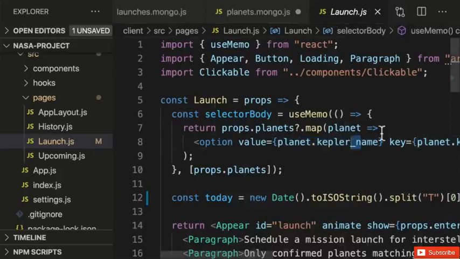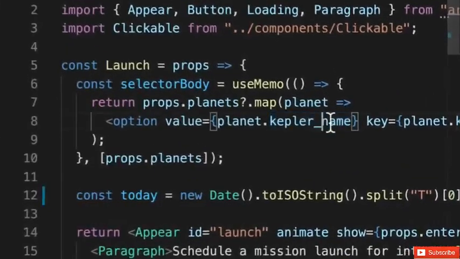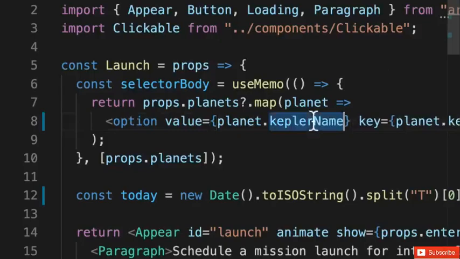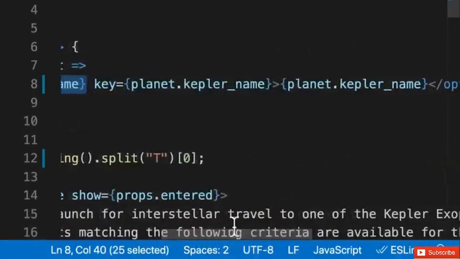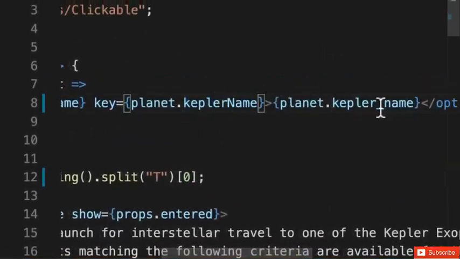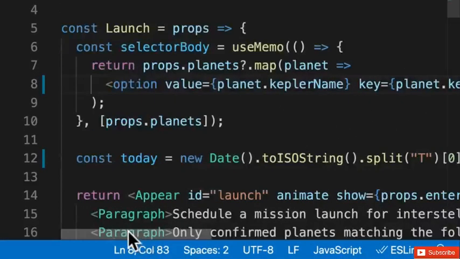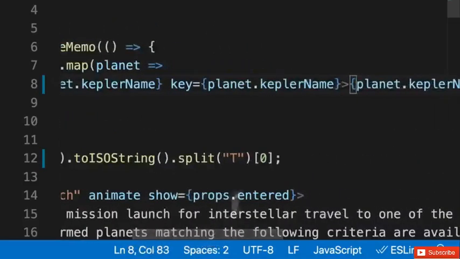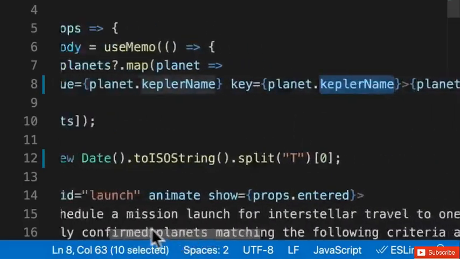We want to be consistent in our naming rather than using the words Kepler and name separated by an underscore, which we call snake case. We'll capitalize the second word and write Kepler name in camel case, both when we set the value here and in the key, as well as in the content, in the text that shows up for this selector item. So we're using Kepler name in camel case in our launch.js file